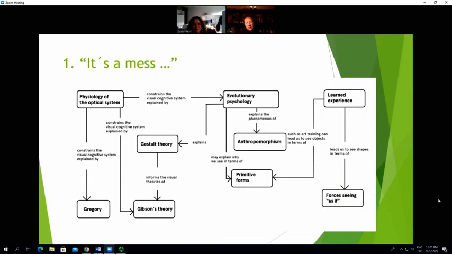Why is it then that the business of trying to find visual order is so complicated? What we have on the screen here is a flowchart which shows something of the way in which different theories of visual cognition are related to one another. It starts on the top right of the screen with the physiology of the optical system. And it also connects to evolutionary psychology, which is the theory that the minds that we have are ones evolved for living in a natural environment amongst social human beings, and which we carry with us today to our complex